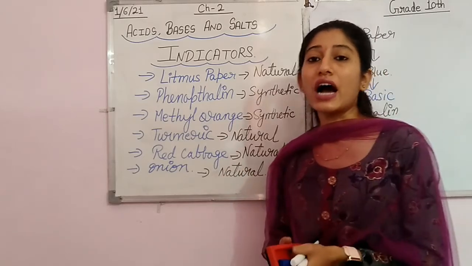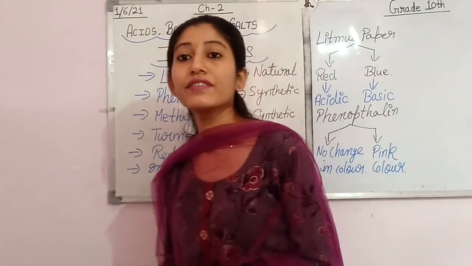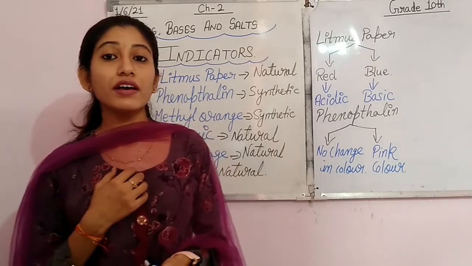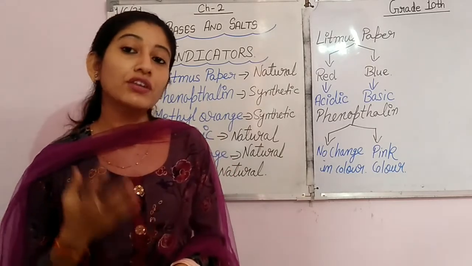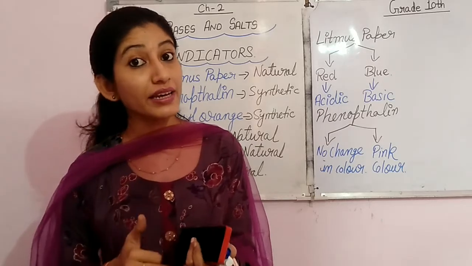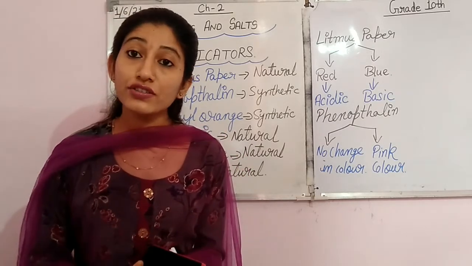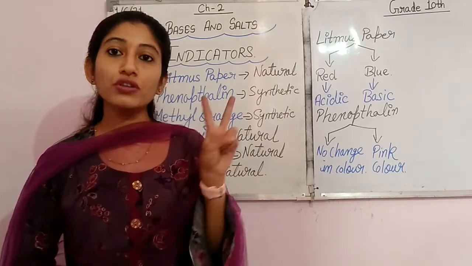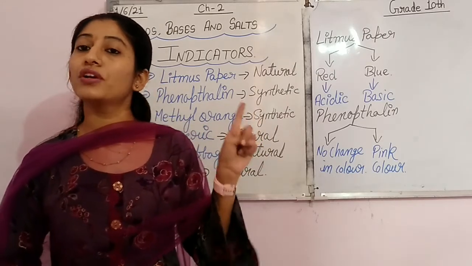So in this way, how is it possible to know the substance? When we are testing something, if it is not an acid, we must come to know whether it is a base or a neutral compound. If it is not an acid, then we have two possibilities: it can be neutral or it can be a base.